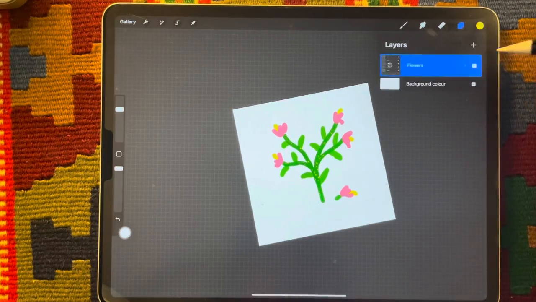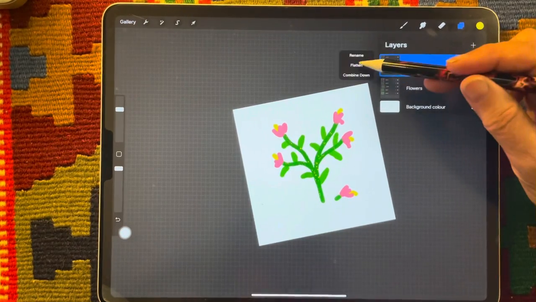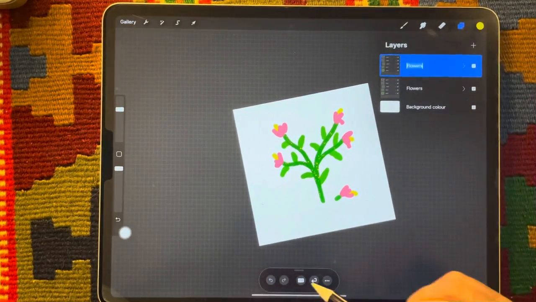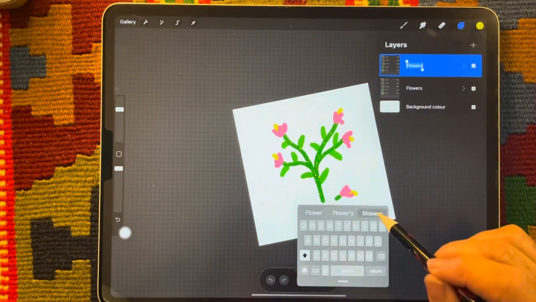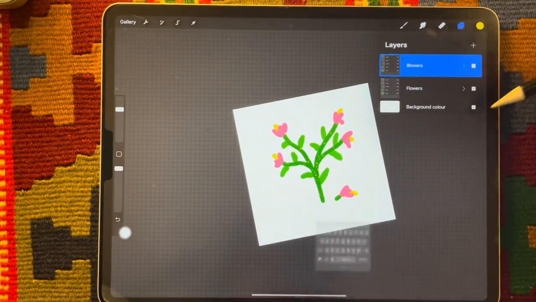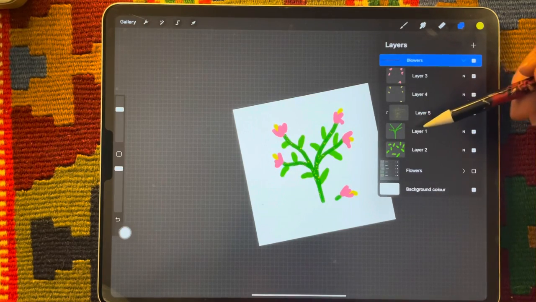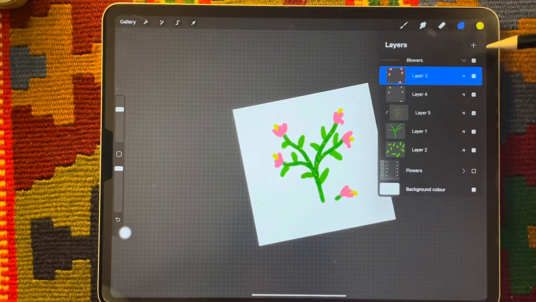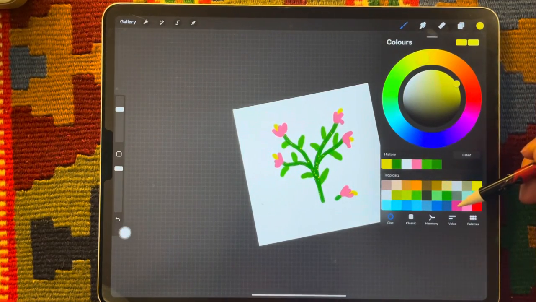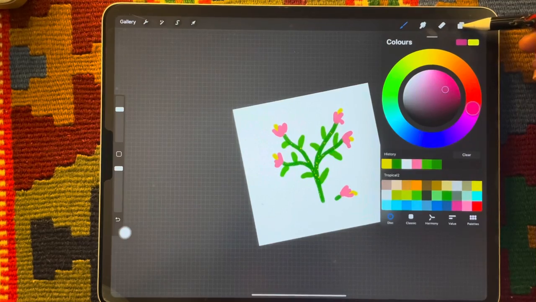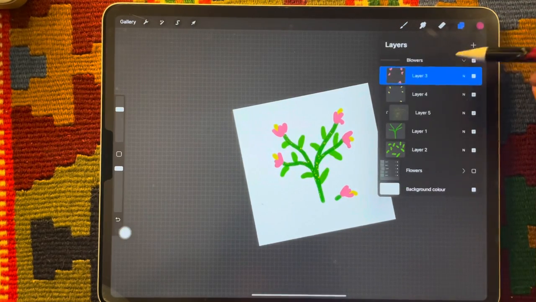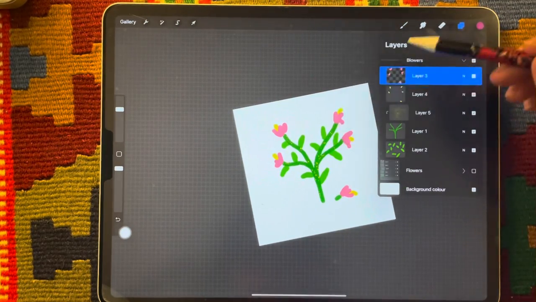So I'm just going to duplicate that and I'm going to rename this, let's call it flowers. And what I want to do is just uncheck that one so that I don't see it. And this one, I'm going to open the layers and I'm going to change the color of the little blooms. So instead of having them pink, I'm going to deepen the color, and I'm just going to alpha lock that